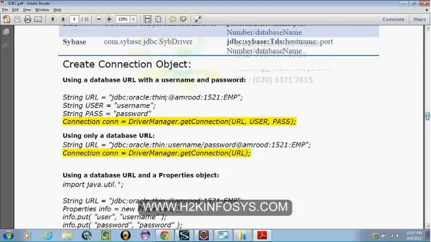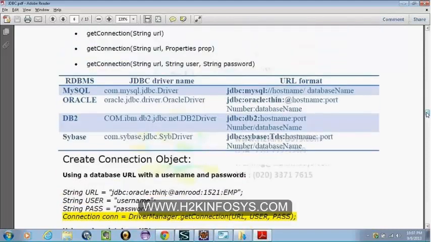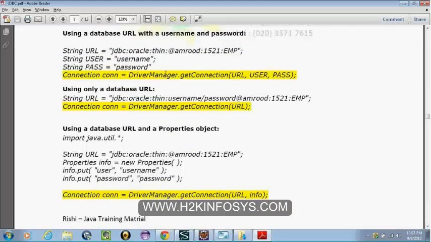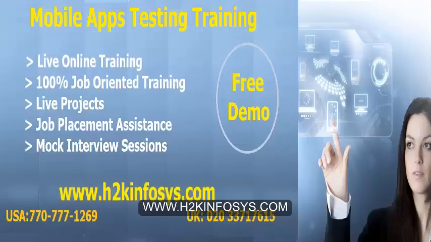You can create the connection object, and as properties we can set, there is a class java.util.Properties, in which you can put any number of properties you want. So user, password, you can put them there. These are overloaded methods basically.